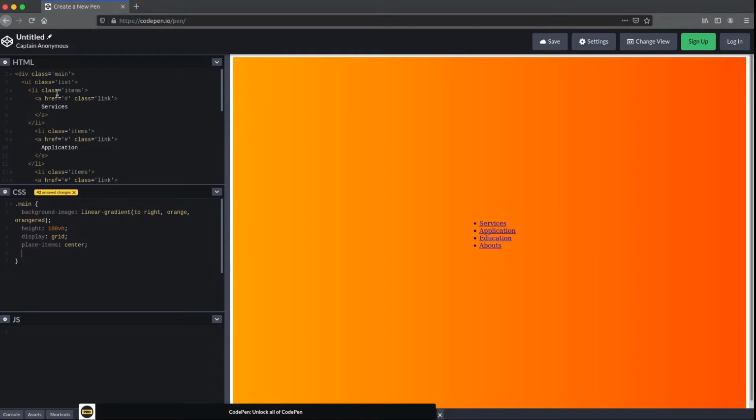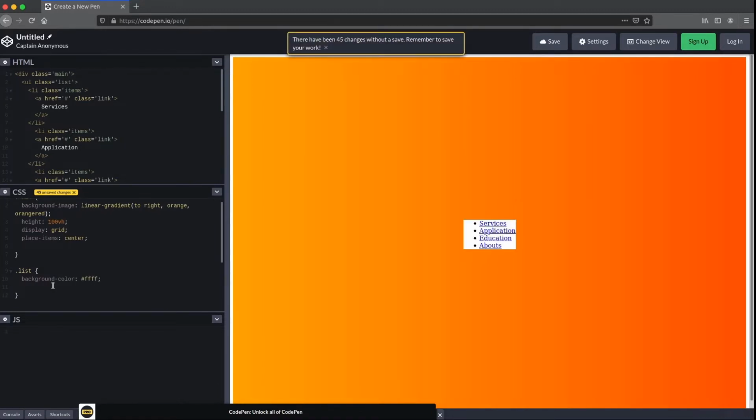For now on this list, actually I select list and I want to give first a background color, how about white, and some width like 80%.